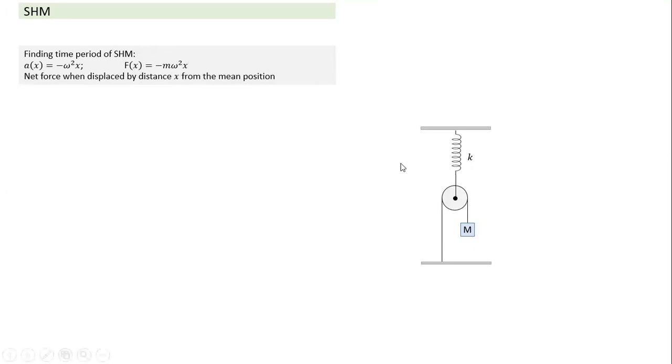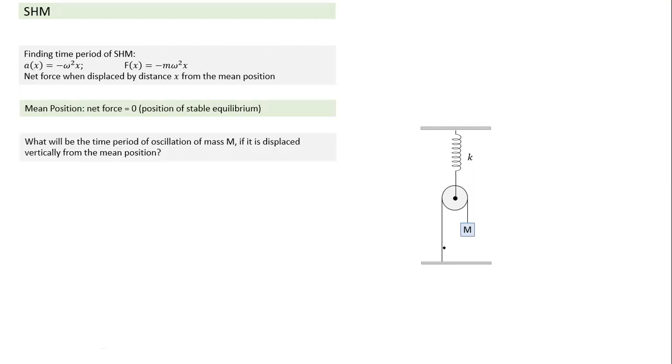Let's do it in one case here. This case is a little tricky, but let's see how easily it can be solved. For this question also, let's look at the mean position. Here is the spring, the pulley, and mass m is suspended, and let's say it is in the mean position, in the state of equilibrium. We have to find the time period of the mass. If I pull it down by 5 centimeter and release it, it will start oscillating with an amplitude of 5 centimeter on either side of the mean position.